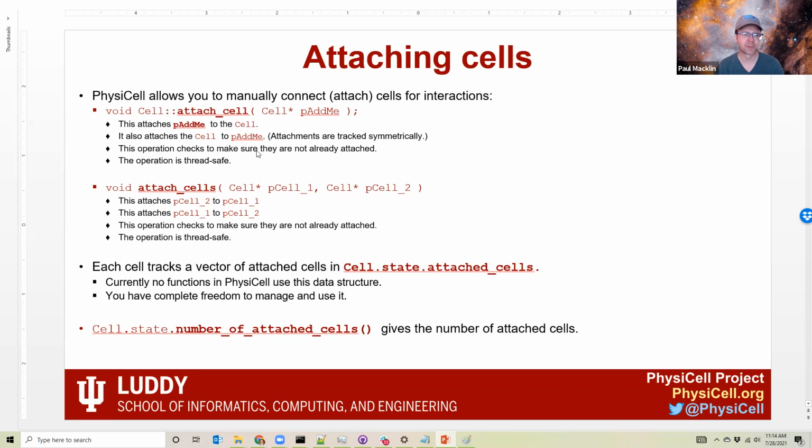If you're not running as a cell method, there's a global function called attach_cells. Say, cell 1 and cell 2, you pass their memory addresses and it will attach cell 2 to cell 1 and cell 1 to cell 2. And it's symmetric. These operations, we worked hard to make sure that they're thread safe, so you can put them anywhere in PhysiCell, whether you're inside of an OpenMP loop, and it should be no problem at all. And once they're attached, every cell will have a vector of memory addresses called